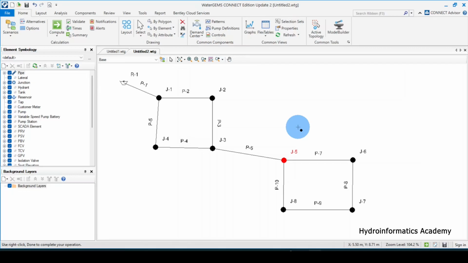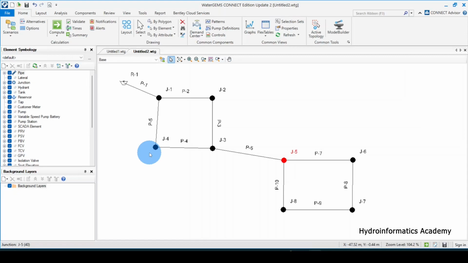Go and click escape. Okay, so now my network is ready. But the next step is to make sure that we edit the properties of each junction and link. To do that, we have two options. We can just click here one by one and enter the value. And the other option, and this is what I wanted to cover in this tutorial, is by using the flex